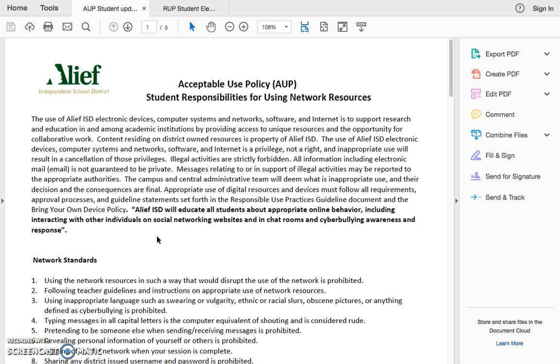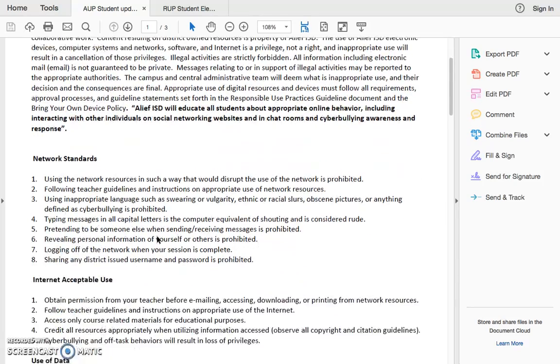A-Leaf ISD will educate all students about appropriate online behavior, including interacting with other individuals on social media websites, social networking websites, and in chat rooms, and cyberbullying awareness and response. So A-Leaf sees it as the expectation and responsibility of the district to train students to be responsible digital citizens.